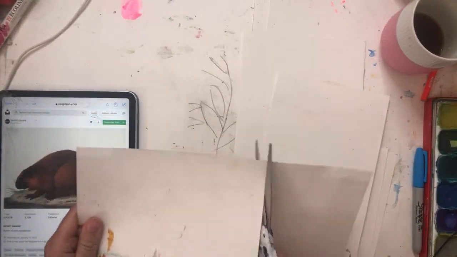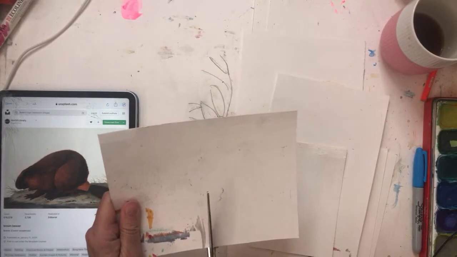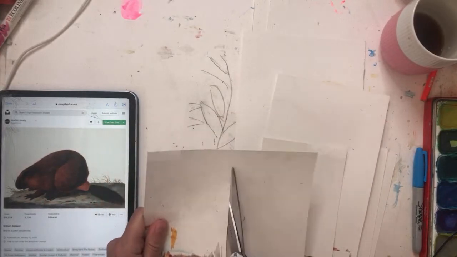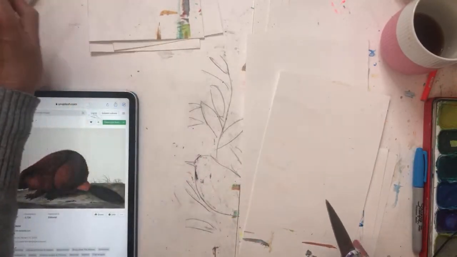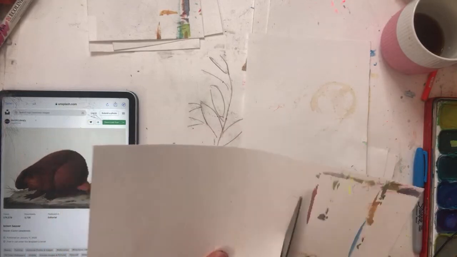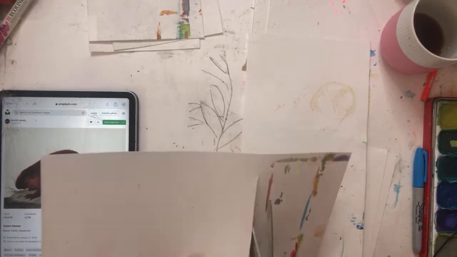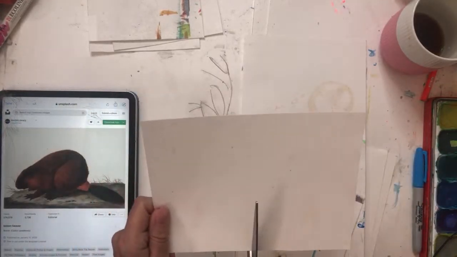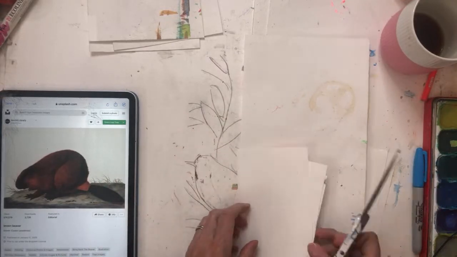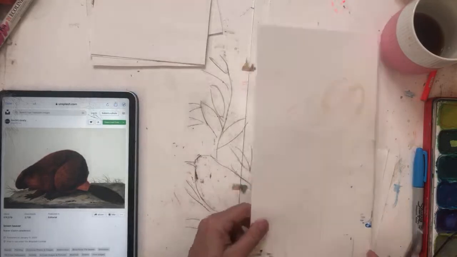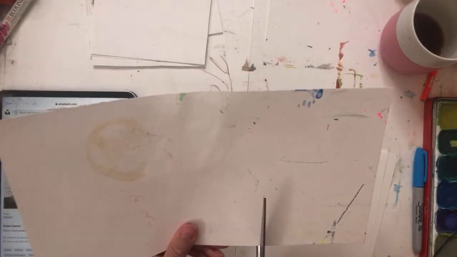I was going to use the cutie catcher, but I thought, no. I really like this image of the beaver. I don't really feel like doing a portrait of a beaver, but if you guys want to do the portrait one, then totally do that. But I want to explore one image and do it multiple times and see what I get. And these turned out quite small, but that's okay.